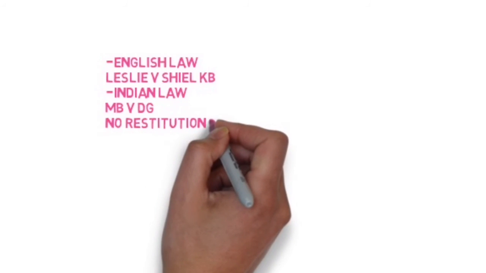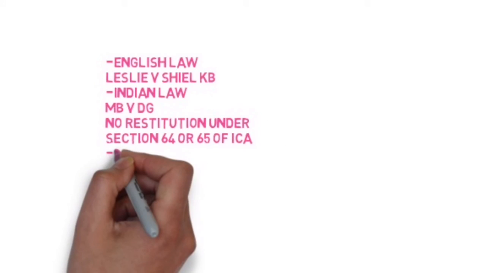So what's the Indian law on it? The Indian law on restitution against a minor was also consolidated in the Mohori Bibee case. In that case, the court went on to hold that no restitution of money can be done from the minor under Section 64 or 65 of the Indian Contract Act, which talks about